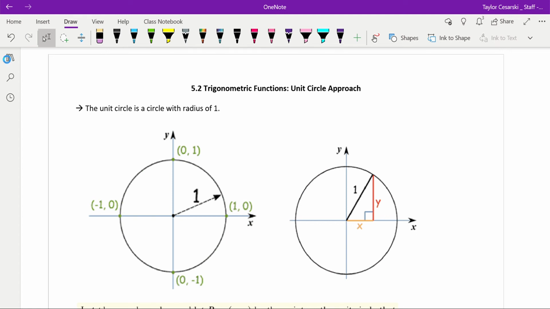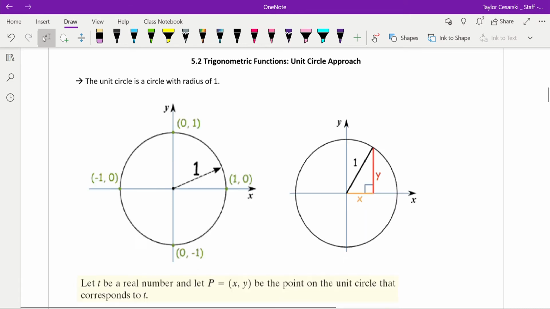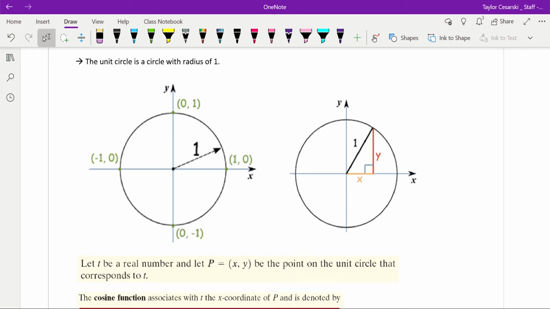Alright, so today we're going to talk about 5.2 trigonometric functions, the unit circle approach. So basically, how do we use the unit circle to find trig values? Remember, the unit circle is a circle with a radius of 1, and you can see that in this picture right here. And you notice in this picture on the right that I have a circle drawn